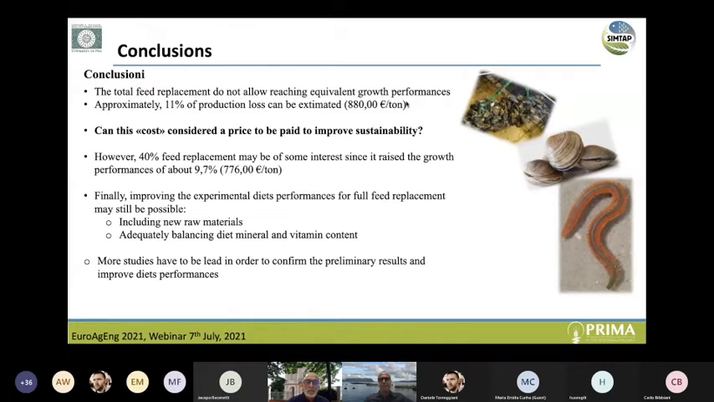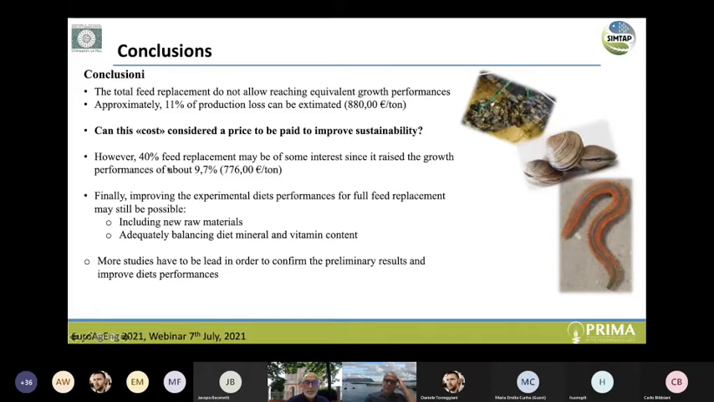So probably if we make a total balance of the system, the SIMTAP as well as other kinds of aquaponic systems may be really interesting even from the economic perspective. But anyway, if we really don't want to lose this kind of production or money, we can think and study better, of course, the idea to partially replace